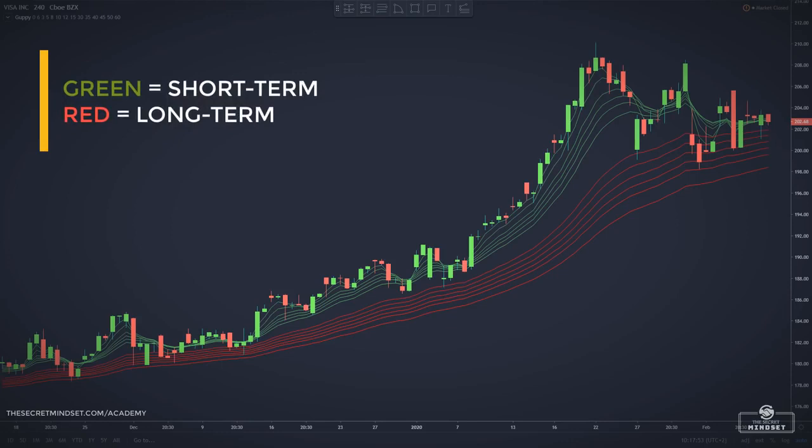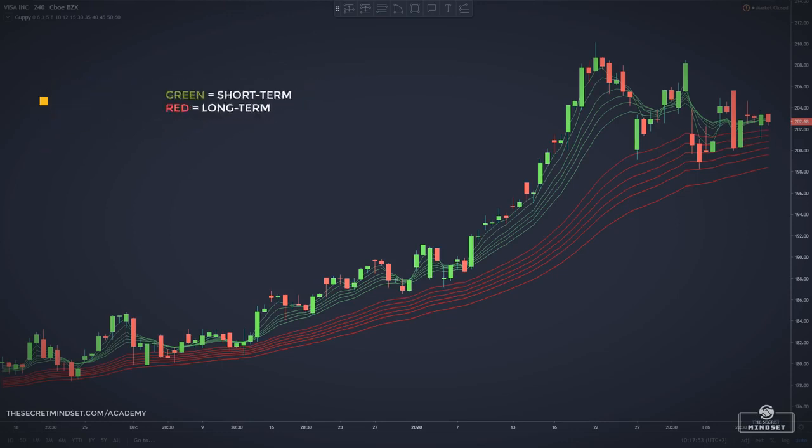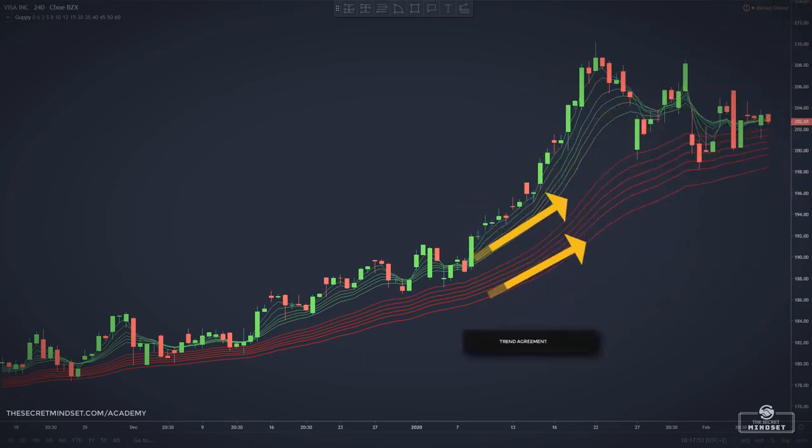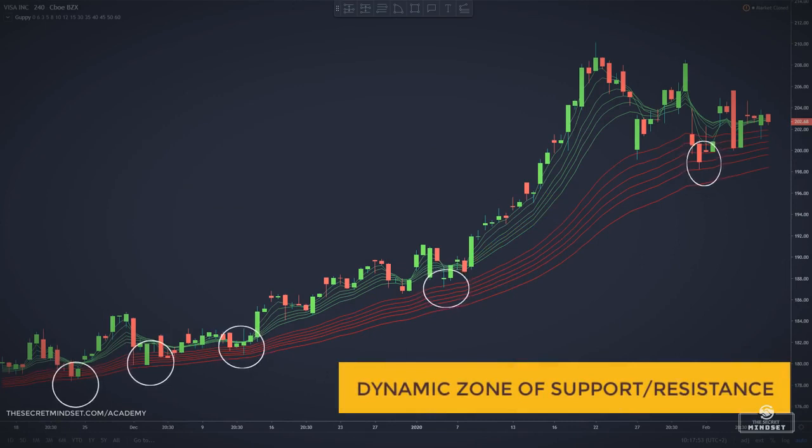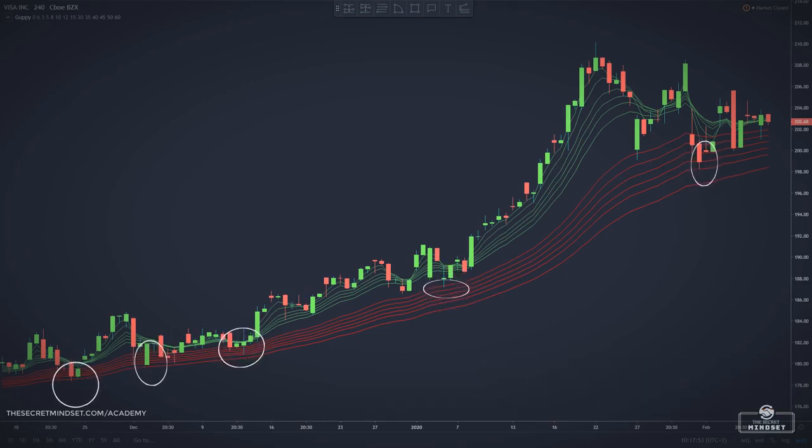When both the red and green lines are moving in agreement, both trending up or down, we are given a confirmation of market sentiment and trend. The moving averages may also act as support or resistance. When price finds support at these levels, it might be a good time to add positions if you see further